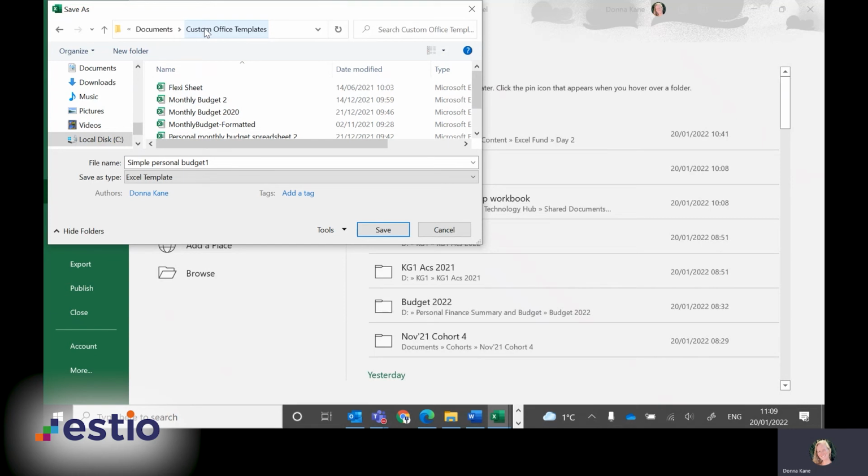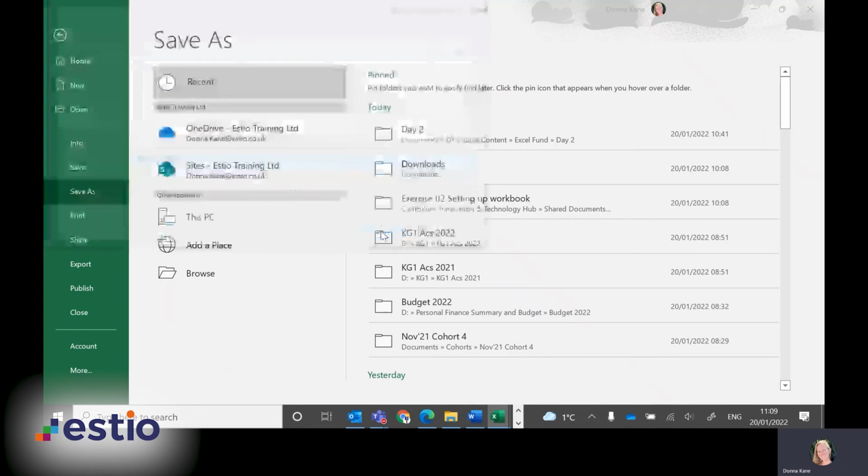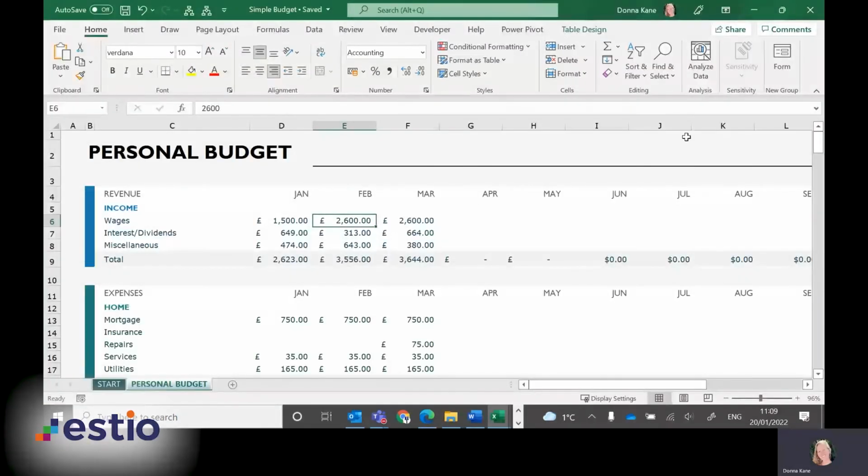But you're more than welcome to change that to a location within your computer where you desire. But let me show you what happens if you remain in this custom office templates. I'm going to change it to simple budget. You can give this whatever name you want. And I'm going to click save. That is now saved. If I close that out now,